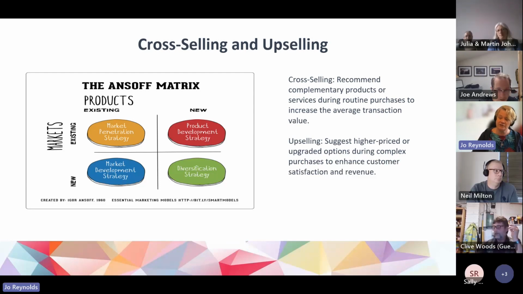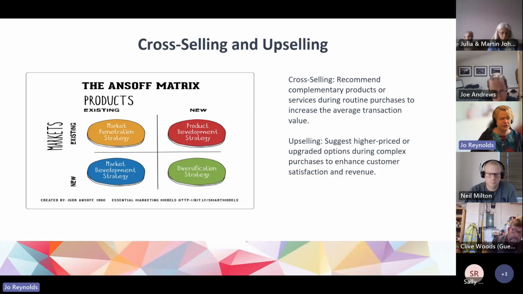And these different strategies will hopefully, as your businesses grow, become part of your future marketing plans. If you're at a stage where they are already, fantastic, well done, Neil. If you're not, please don't stress about these, but know that this is the next step. It might be the next step in 10 steps' time, or it might be the very next step. That's up to you and how your business grows. But always having this, what am I going to do next and what can I possibly cross-sell, gives you